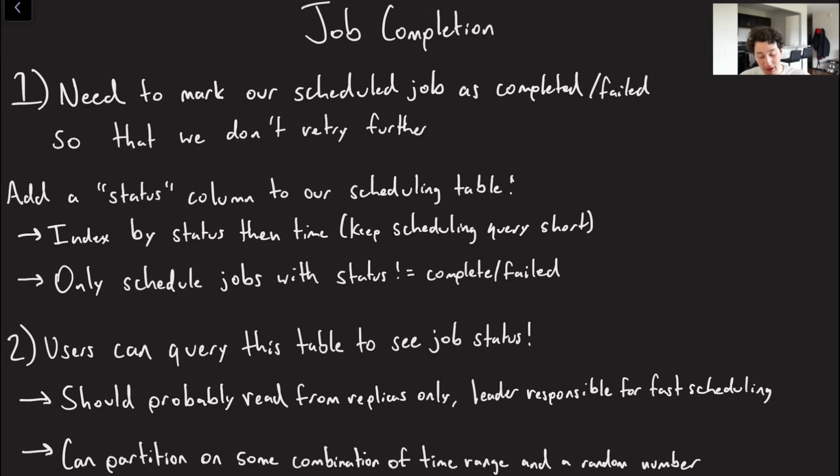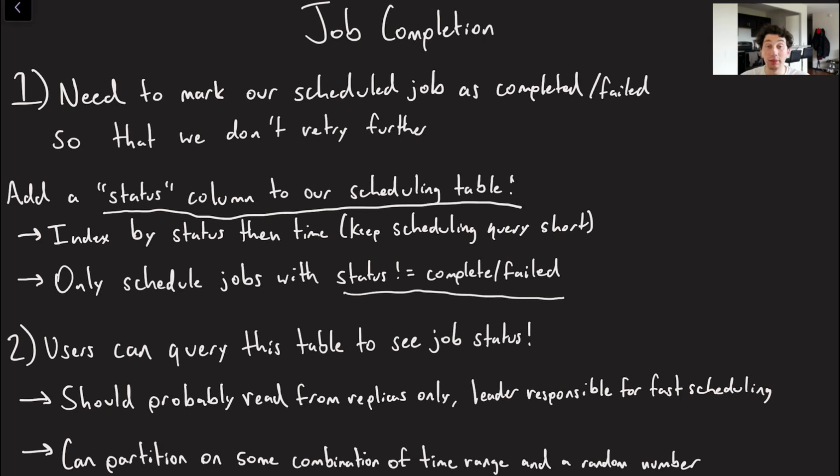So what we can do, like I mentioned, we're going to add some sort of status column to our scheduling table. And basically the gist is, like I mentioned, we're going to retry jobs based on their timestamp, but also if a certain job has a status of completed or failed, it implies that we've run it as much as possible and that we shouldn't retry it. And so basically the gist is here now, as opposed to just indexing on our timestamp of the job, we should index both on the status and the timestamp of the job. So that way, we just basically want to ensure that we're only running jobs where the status is not equal to completed/failed, and the status is just equal to either a null or an in progress or something like that. And then the idea is that users should be able to query this table to see the actual job